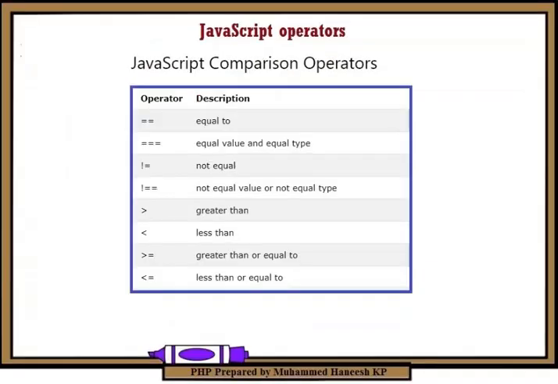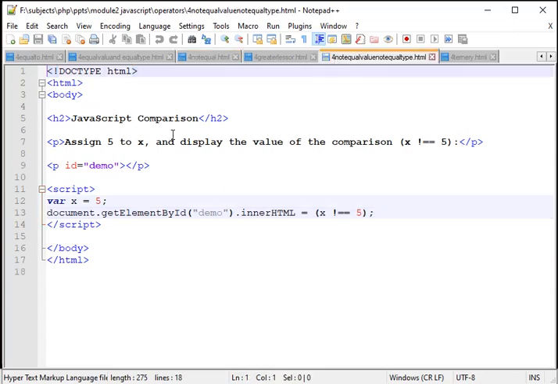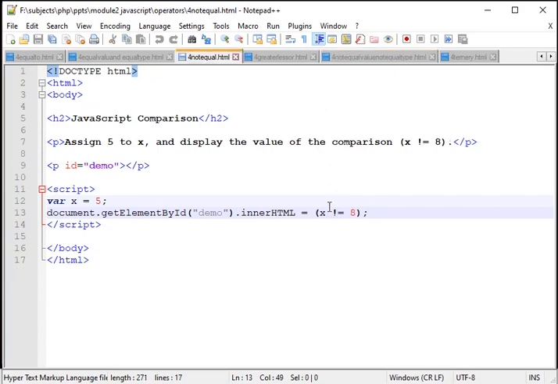Then our next comparison operator is not equal value or not equal type. Not equal value or not equal type. See, here we can use the double equal to operator with not. In the previous example we have the equal operator, that is the assignment operator.